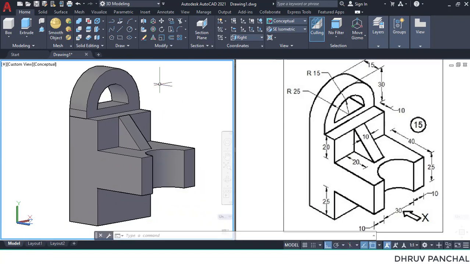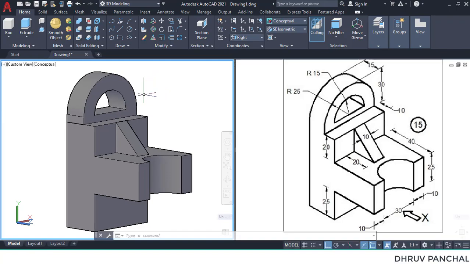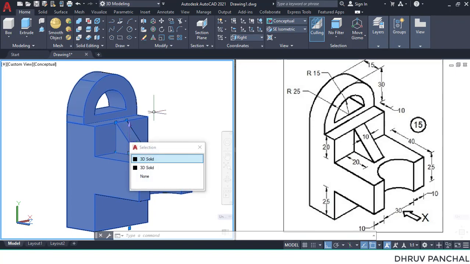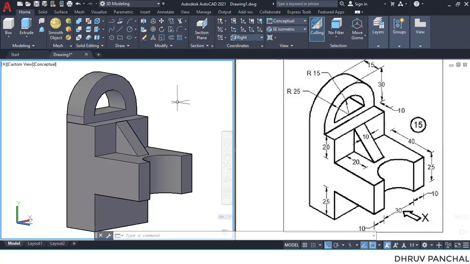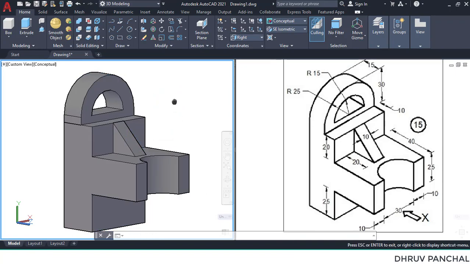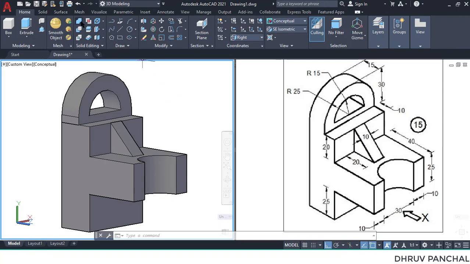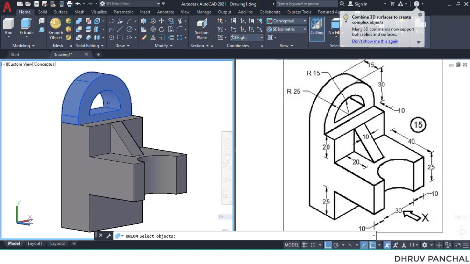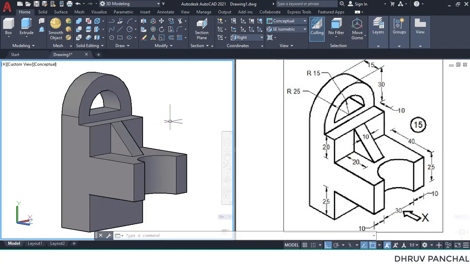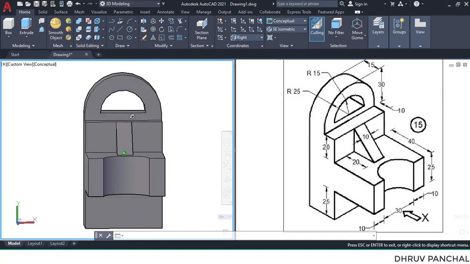So you can see our object is ready, but still these objects are separate. So again we have to perform a Boolean operation. Let us use union and select the objects one by one and press enter. Now our object is ready, as you can see here,